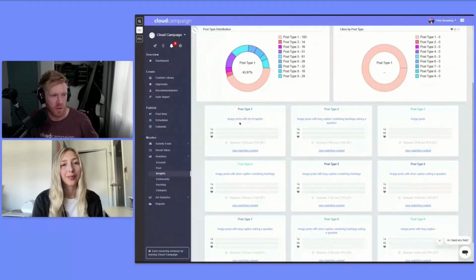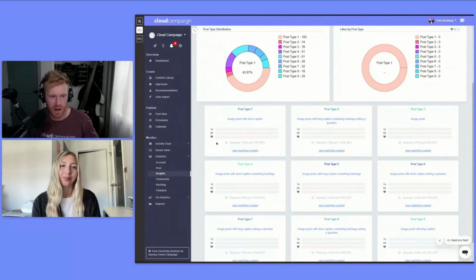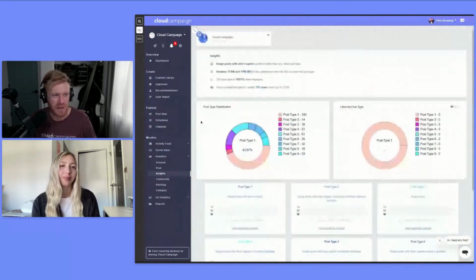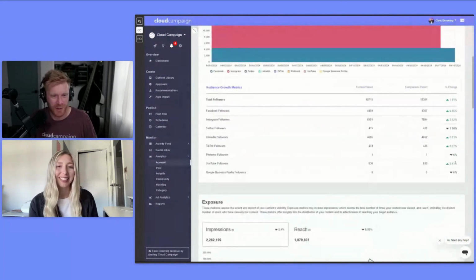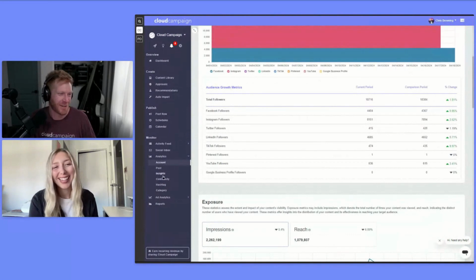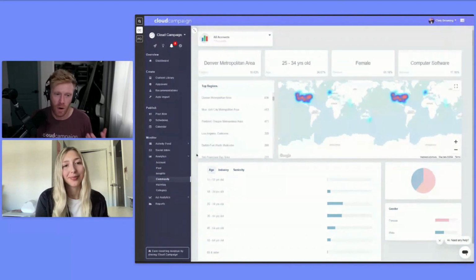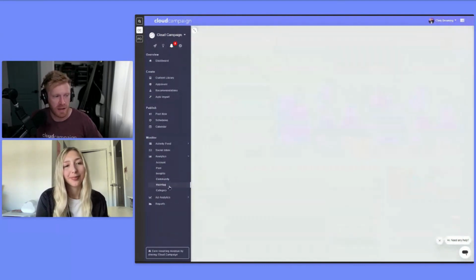So for example, image posts with a short caption tends to do really well for us. So Maya will take that information and continue doing this for our social media. Which she's been doing a great job on. Just look at these numbers. Look at those green arrows pointing up. Woohoo! But it also gives you those demographic data too, to know where in the world your customers are based,